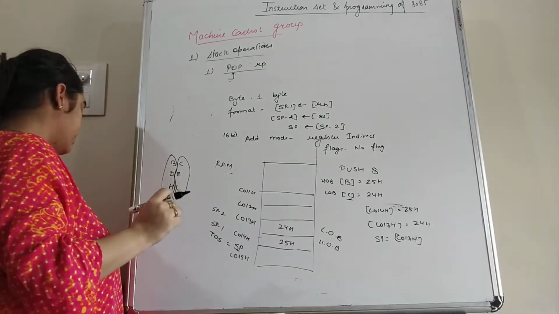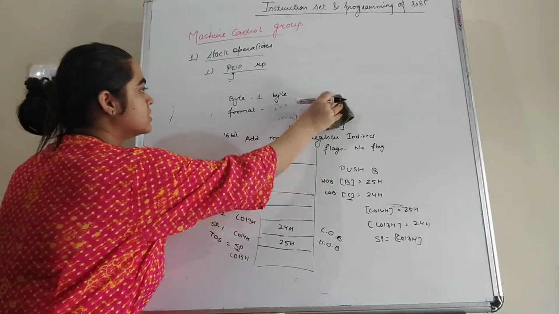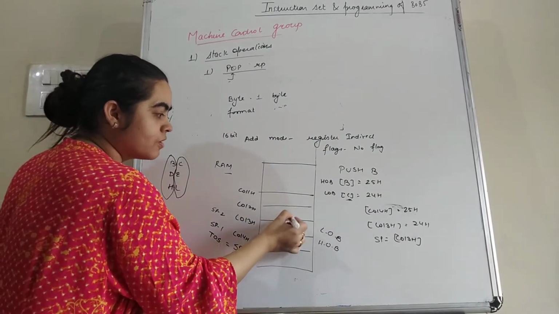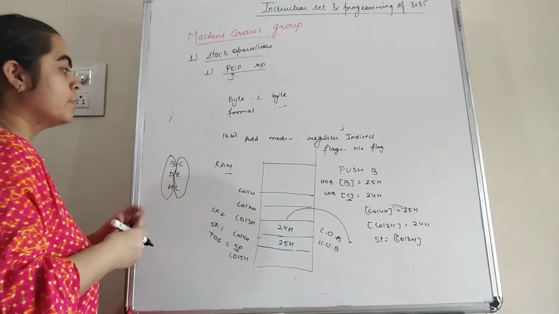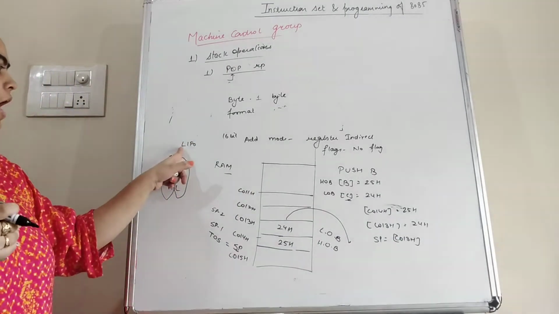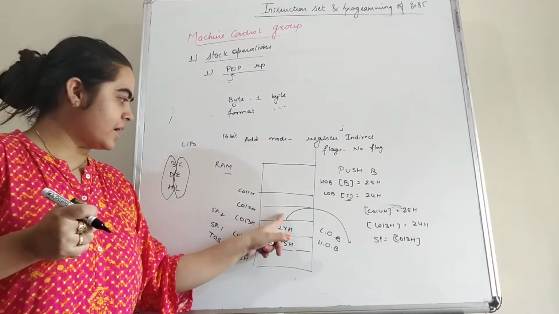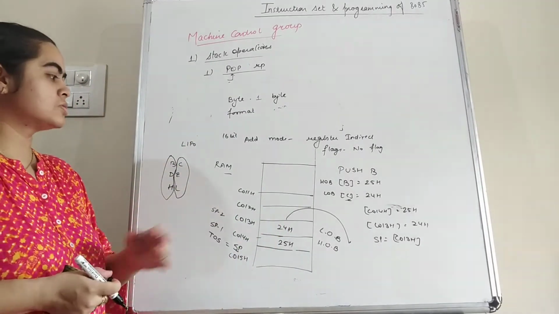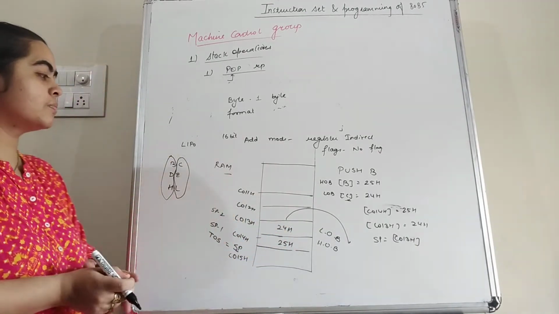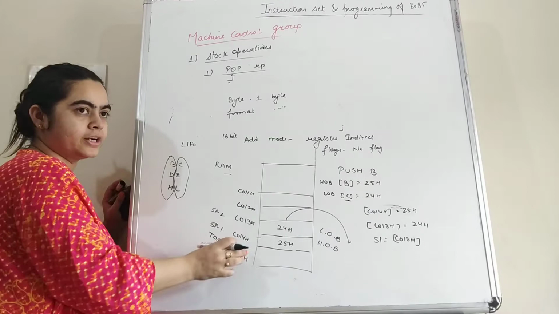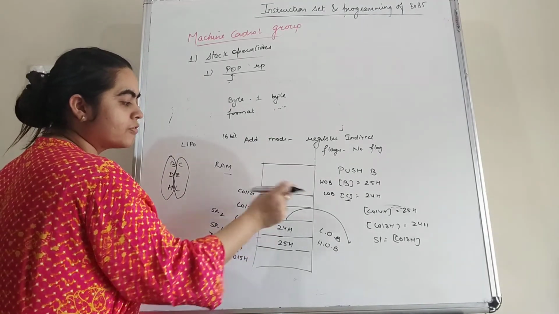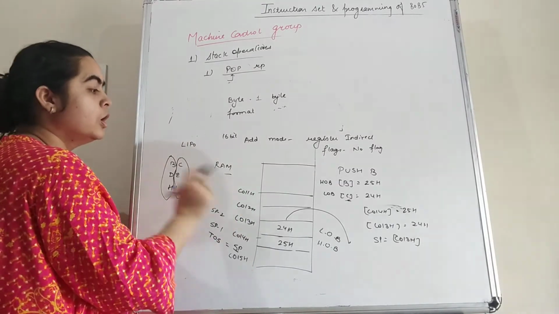Next one is the format. So students, the format of this instruction is, when we pop the contents, we always pop from the top, because stack works on last in first out. The contents that you have added in the stack at last will be popped out first. At last you have added the contents 24H. That means if we are going to remove the contents from the stack area, then initially we have to remove 24, and after removing 24 we have to remove 25.